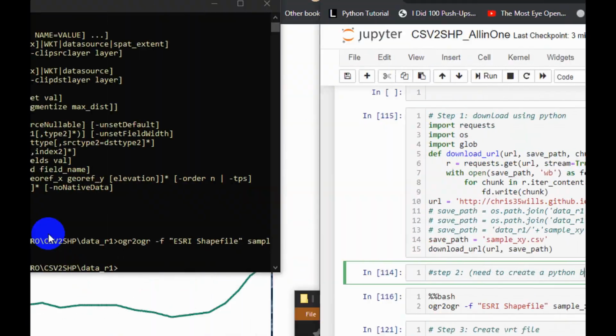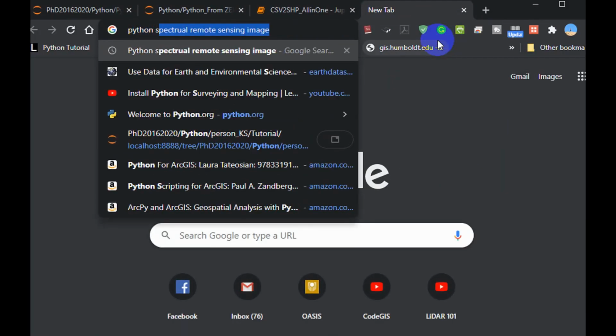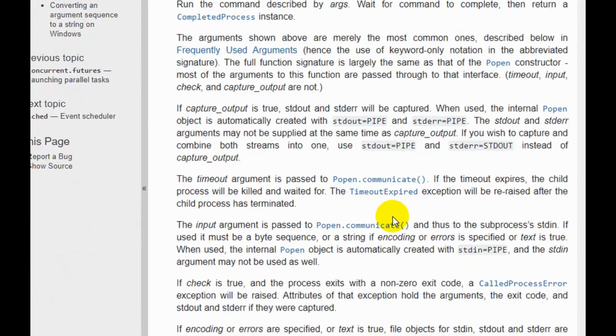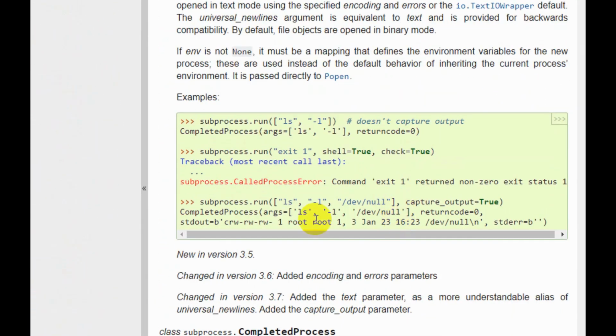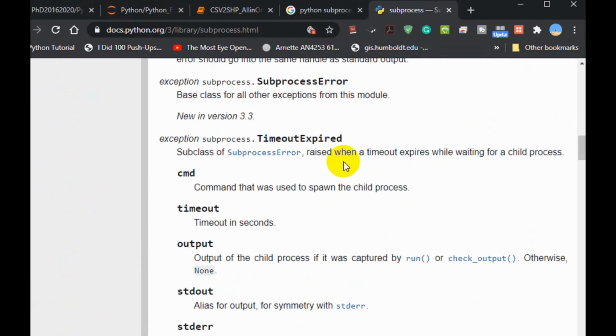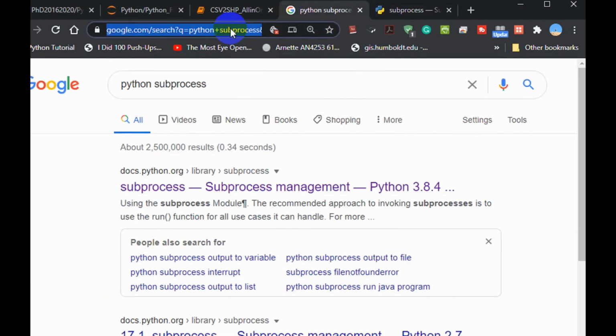So in order to do that, I'm going to look up Python subprocess. This is the documentation for subprocess. What we're looking for is an example. Probably not very good. So that is subprocess. I'm going to go to